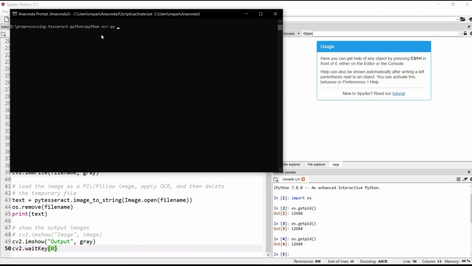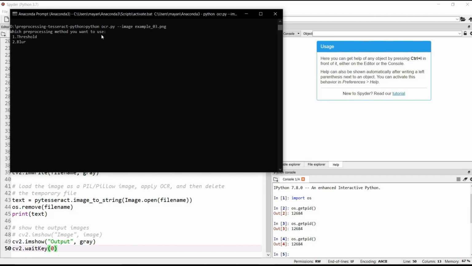We can either use hyphen i or double hyphen image. Both are correct. Then it should contain one image name, and the image should be in the same directory, or else you have to mention the path. My image name is example_03.png.